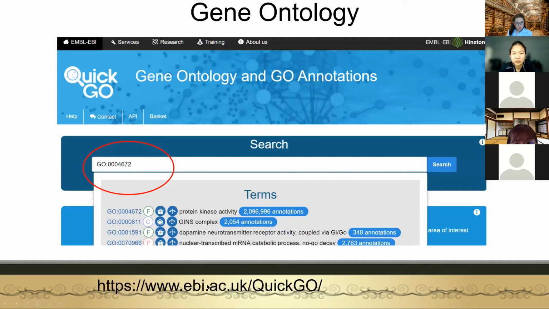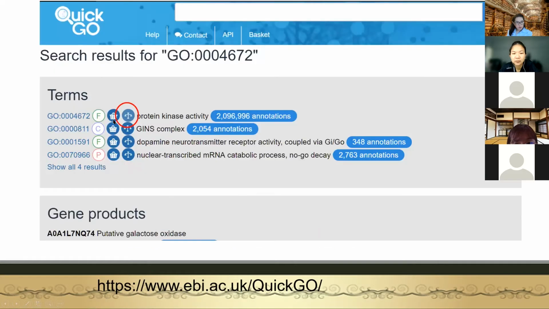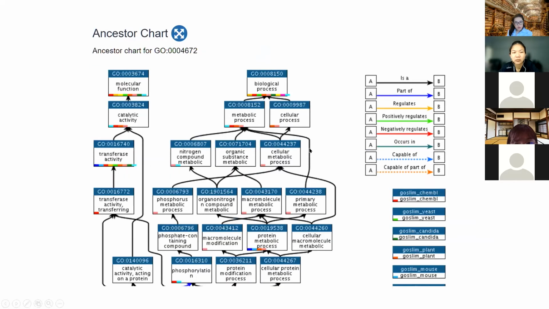So if you go to Quick Go, search EBI QuickGO, and you search GO:0004672, you can see the protein kinase activity like this, GO:0004672, and you can see the